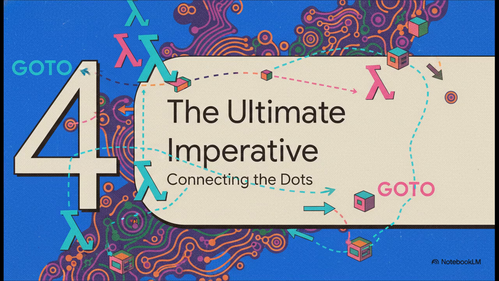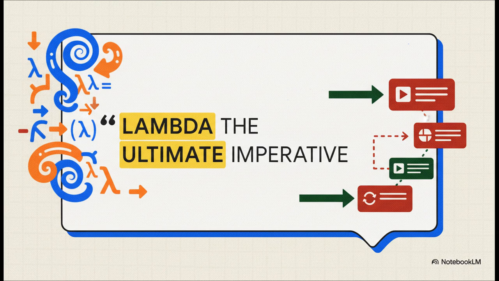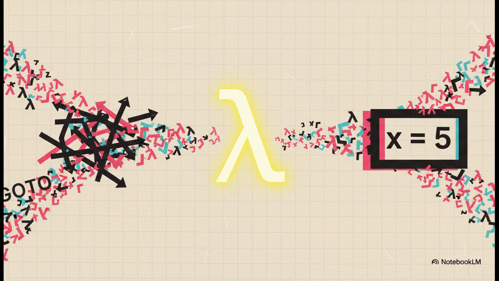So, now that we've seen how something like goto and assignment can be completely rebuilt from scratch using lambdas, we are ready for the big reveal. We're about to finally understand the deep, almost poetic meaning behind the paper's title. Just let that sink in for a second. Lambda, the beating heart of functional programming, is being called the ultimate imperative. How on earth can it be both the complete opposite of imperative programming and its ultimate form at the same time? And this is the point, and it's just so cool.